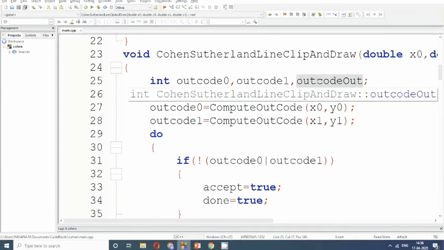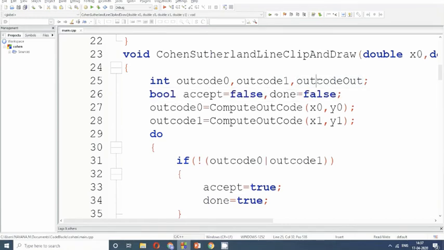Outcode out is just a temporary variable which will hold the outcode of the current endpoint that I would be processing. Okay, so this is just a temporary variable for us.